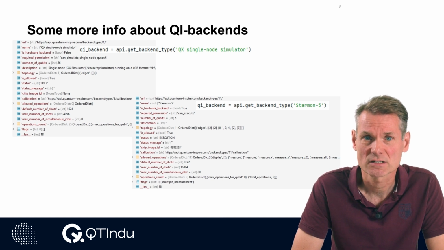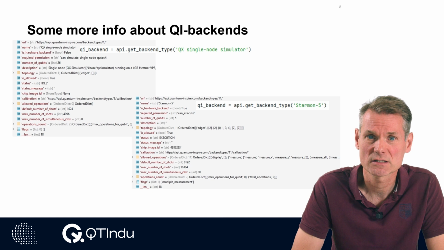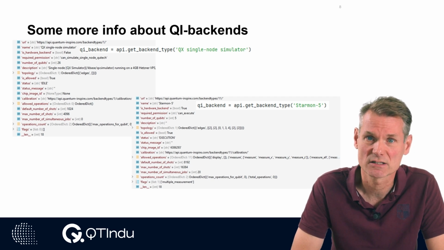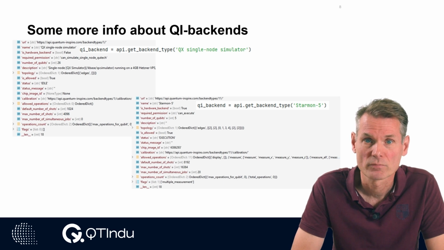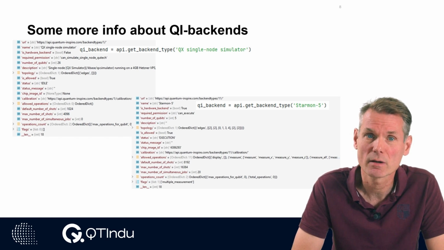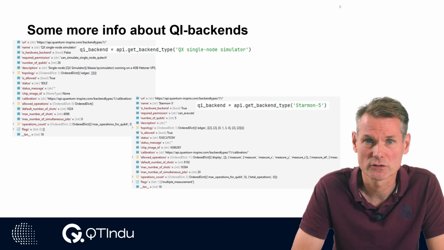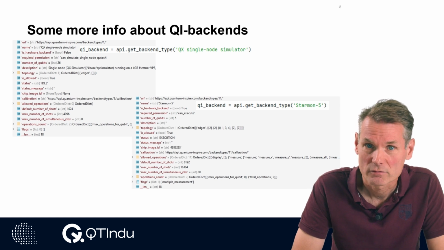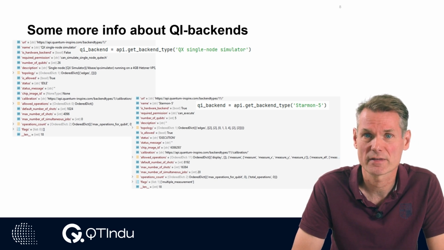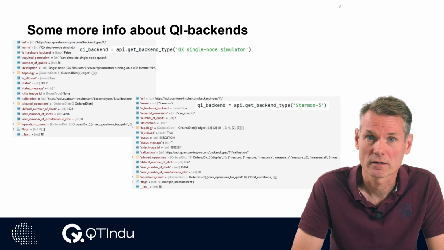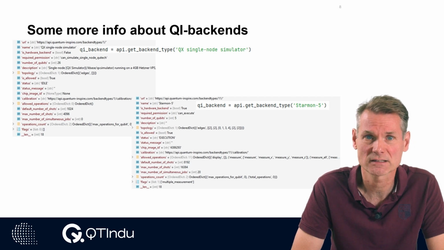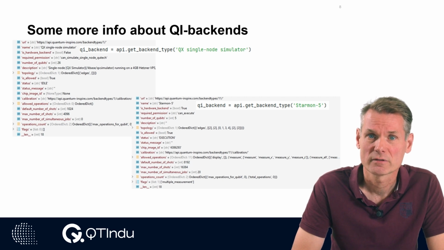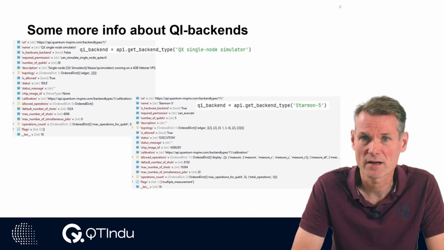Field allowed operations define the subset of CQASM operations that is supported by the backend. The simulator has an empty dictionary, which means it supports all operations. Fields default number of shots and maximum number of shots define the number of shots used when the number of shots is not given, or the maximum the backend allows. The number of shots is a parameter of the API method executeQASM, as we saw earlier. The last field, called flags, defines if the backend supports multiple measurement, as we saw earlier when interpreting the results. Currently, only Starmon 5 supports it.